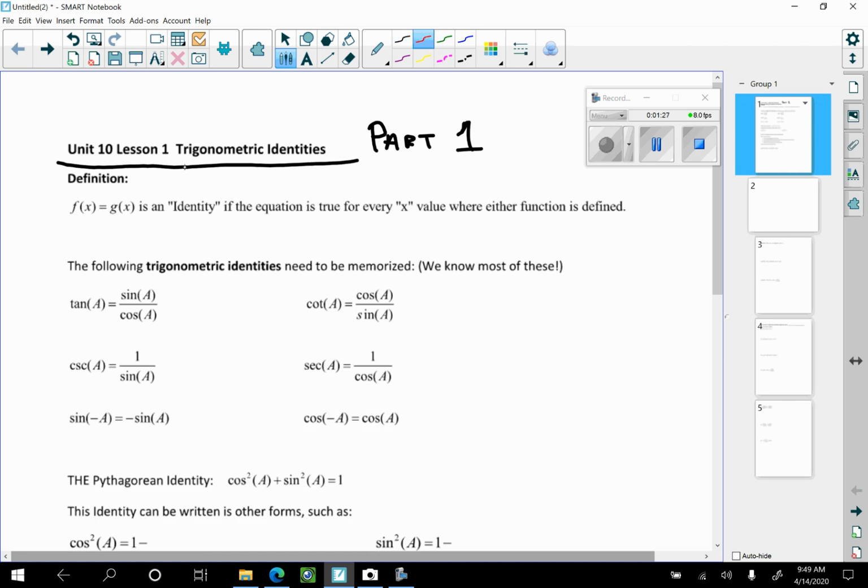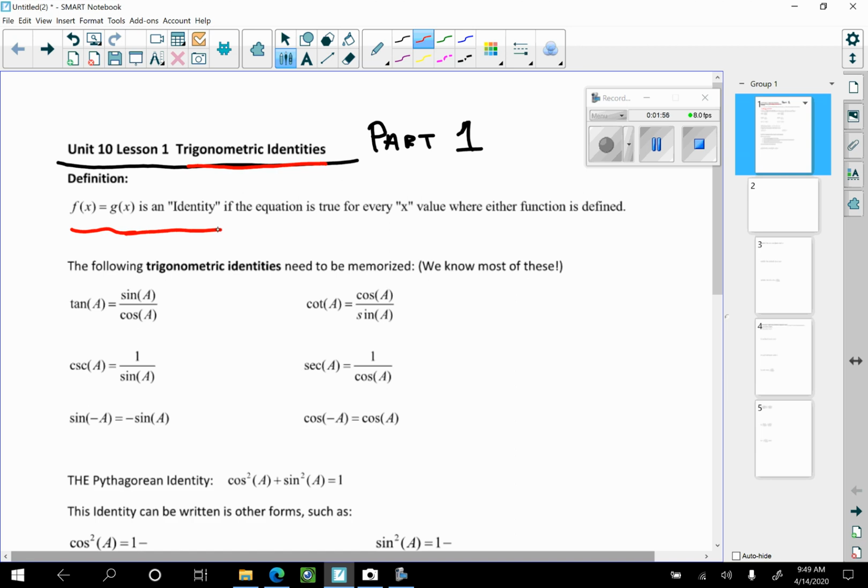Because what we're going to do is talk about trigonometric identities. So the first thing we need to do is just realize what a mathematical identity is. So here I have f of x is equal to g of x. This is an identity if this equation is true for every x value where either function is defined. So if f is defined and g is defined for some x value and this is true, then we can